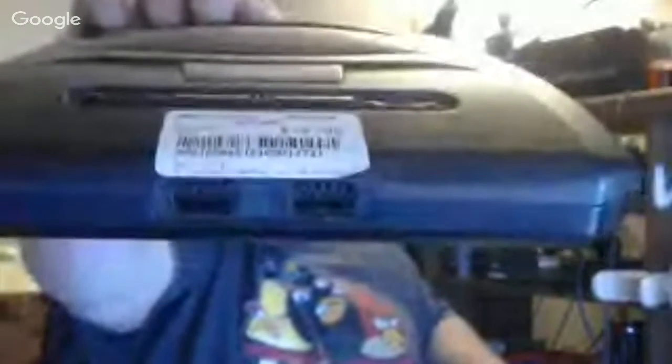When I look at the controller, the controller looks practically new. The buttons are not sticky. I will take apart this controller and clean the insides out, because I do see dust on the side, and I did that with my other controller before. I don't know if you'd be able to see, but it looks kind of nasty in the controller 2 port. See a little gunk on there. That just probably means they never played multiplayer